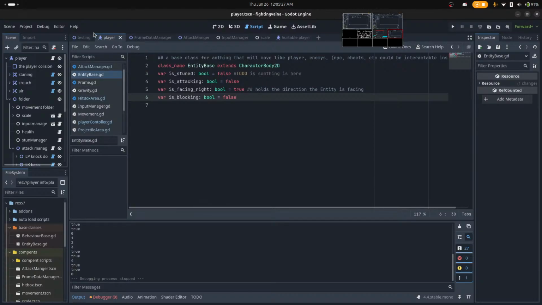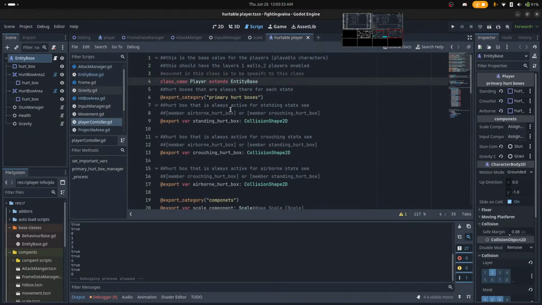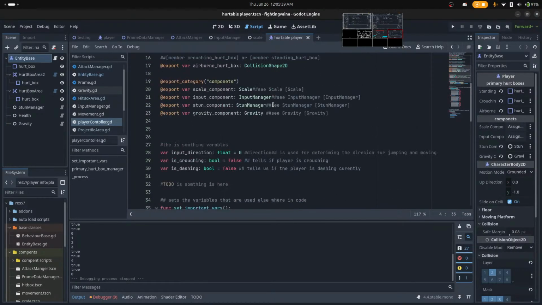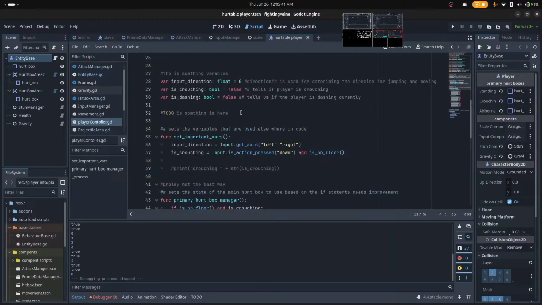And I'm gonna give the player a quick function for it.